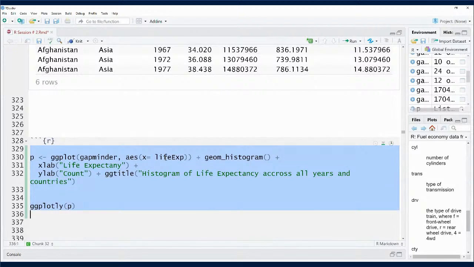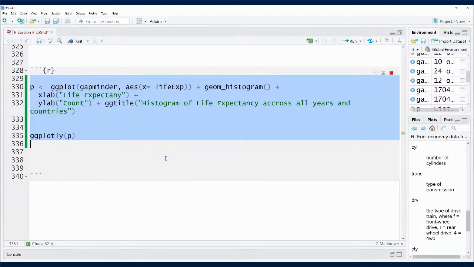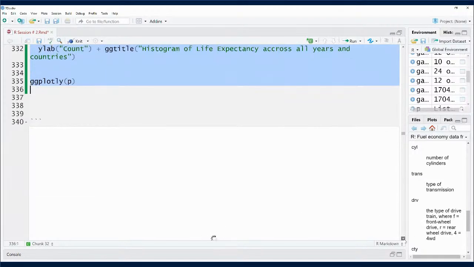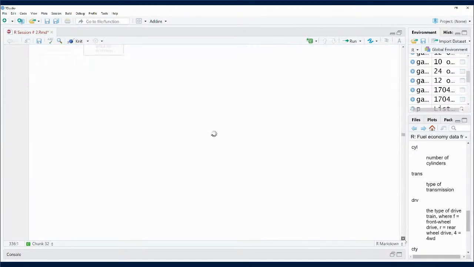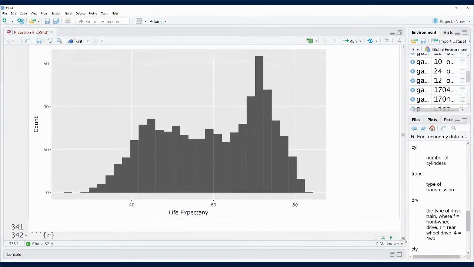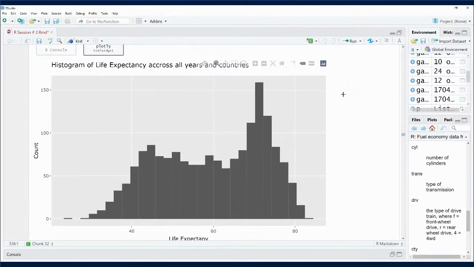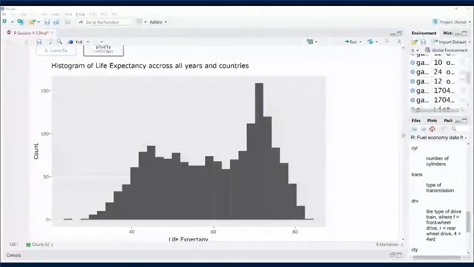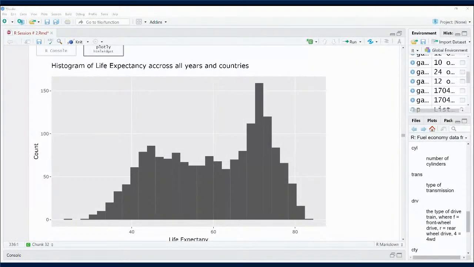It may take a few more seconds because this may be a larger dataset. So bear with me as the histogram for the Gapminder dataset life expectancy loads. Now this is the dataset. Now this is the histogram with nicely labeled x and y axes and the titles, as I explained. What I'm interested in is seeing how the distribution of